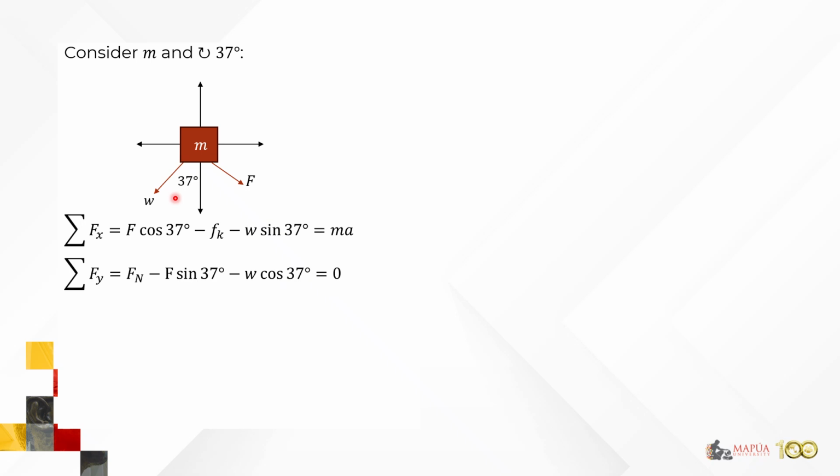And then next, for F sub y, it's our normal force. Although, sorry, it wasn't indicated here, there should be a normal force here, pointing upward, so it's positive, minus F sine 37, that's the y component of F, which is pointed downward, so that's why it's negative, minus also the vertical component of W cosine 37 degrees. And they should be equal to 0, because remember, the block is not moving in the y-axis. It's only moving in the x-axis. So that's why its friction is also in the x-axis.